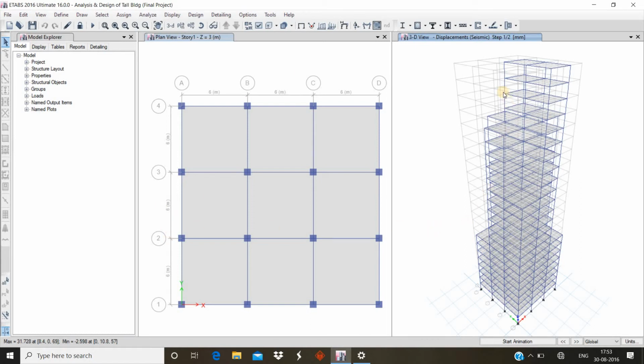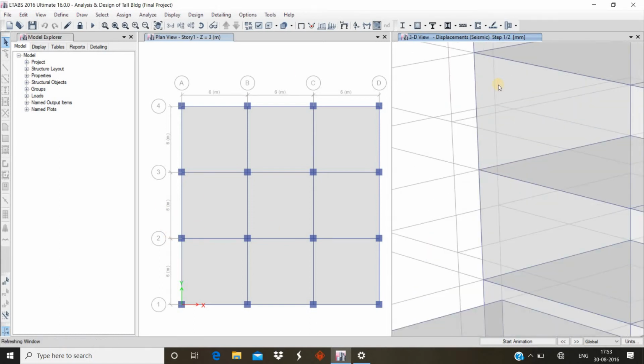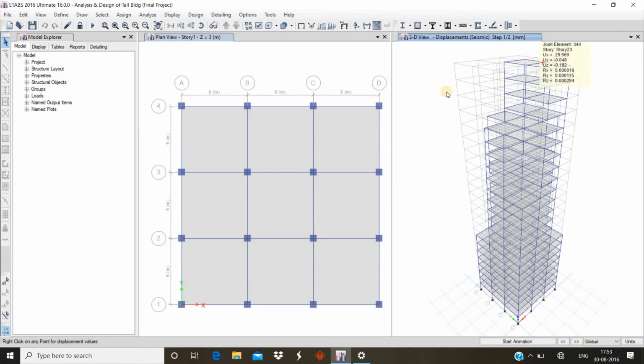So this is how the deformed shape looks after the analysis has been done. Click on start animation if you want to see how the deformed shape looks, how the deformed member looks.